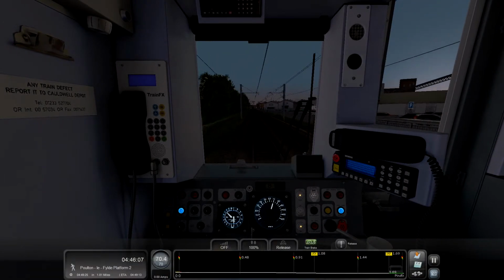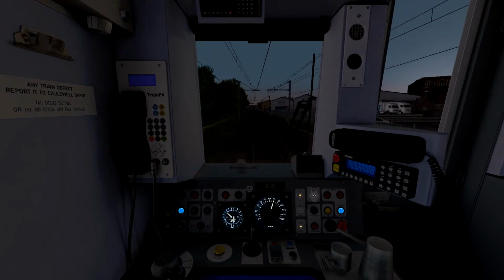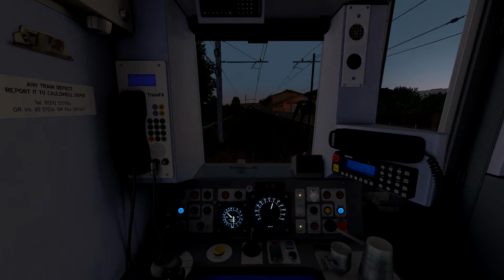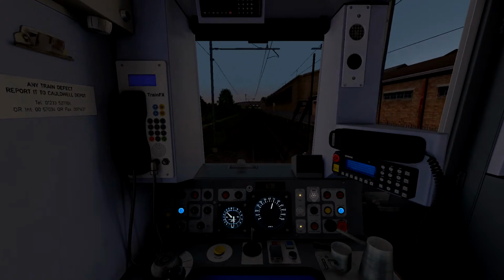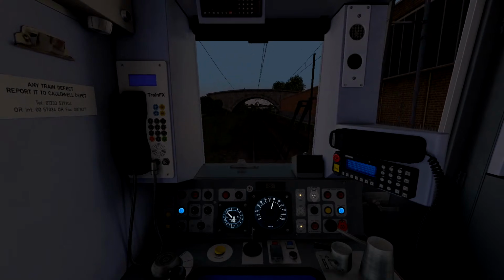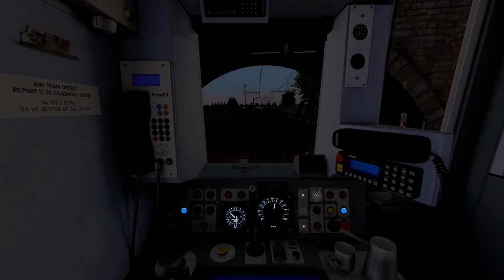So the limit is going down to 35, then up to 50 as we approach Poulton-le-Fylde station. It's a nice little route with lots of trains usually. We're going to make this